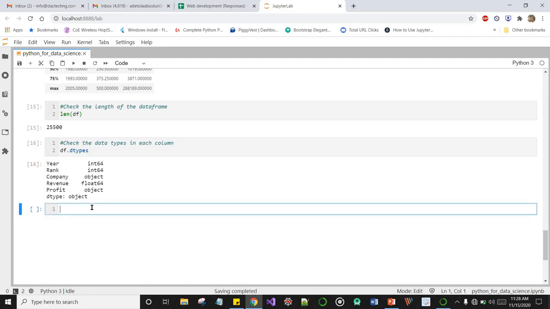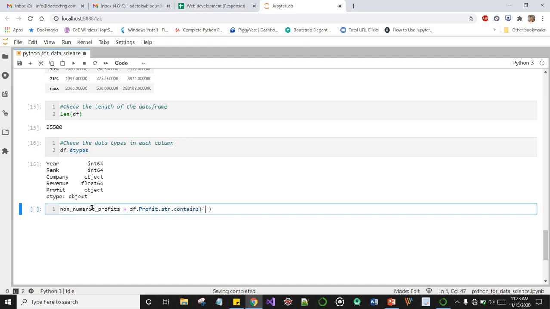So let's quickly define a variable called non-numeric profit. Okay, and let's select the profit column, and there's a method called str.contains.